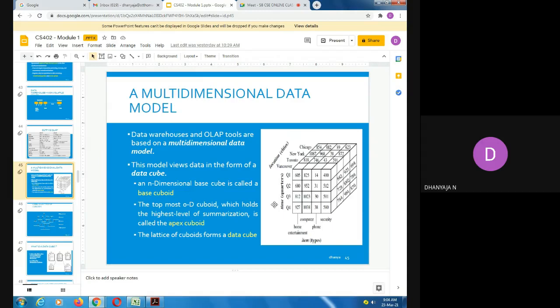Then in the case of roll up, it is just the opposite of the drill down operation. It performs the aggregation of the OLAP cube. It can be done by climbing up the concept hierarchy and reducing the dimension. In the cube given in the overview section, the roll up operation is performed by climbing up in the concept hierarchy of location. If you're considering some cities, grouping all the cities together to form the country is known as roll up.